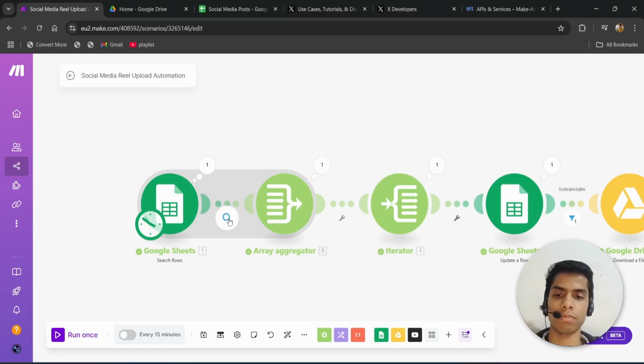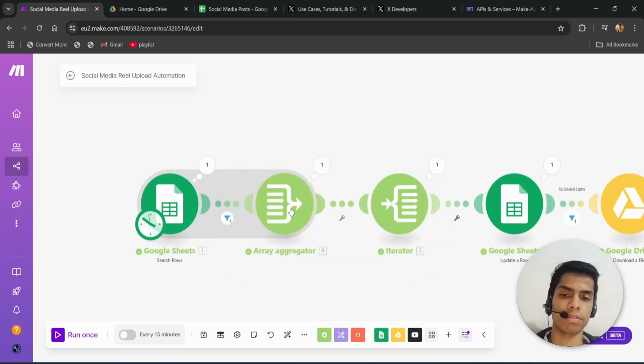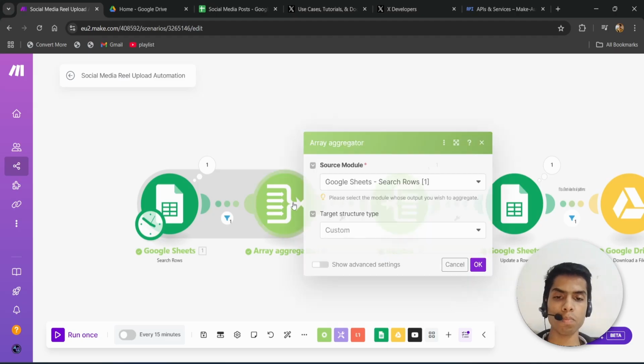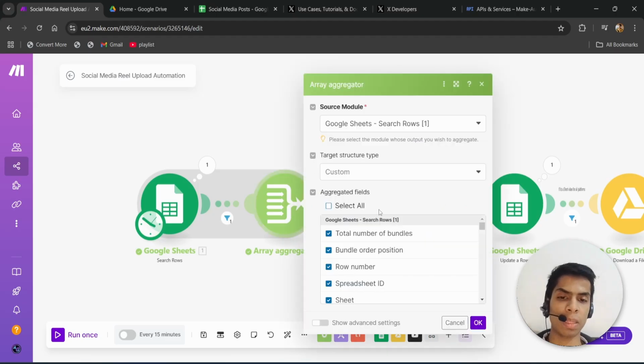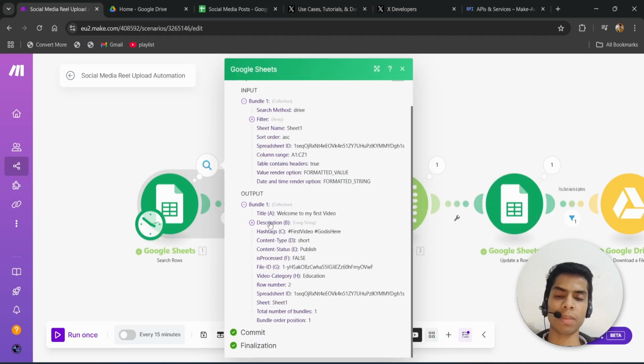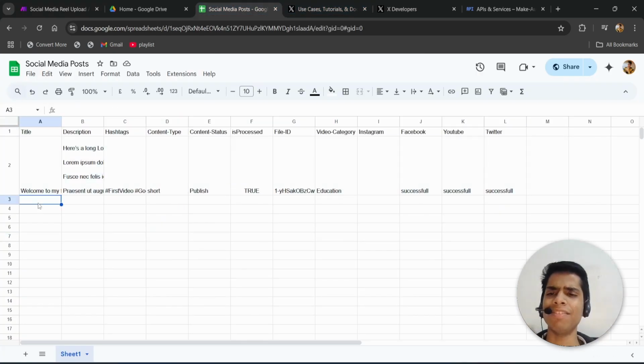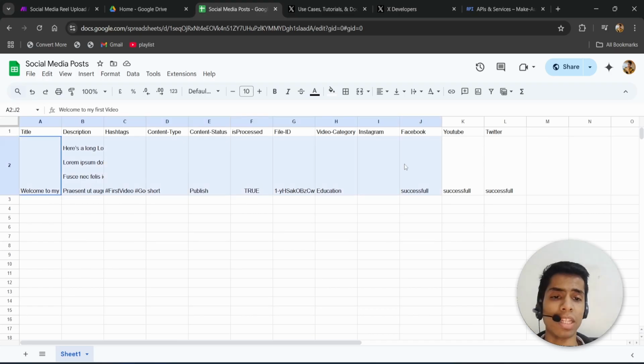As you can see, the workflow tick mark means the condition was successfully determined. Now there's a second module, the array aggregator. What we're doing is that we have to get all the data. It's returning me all the data of a particular row, but I need a way to give this data structure, because let's assume that we have